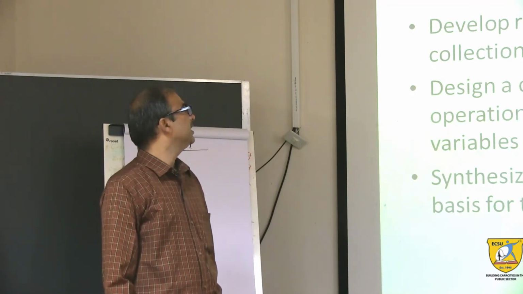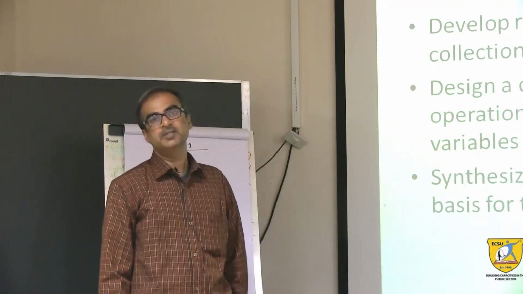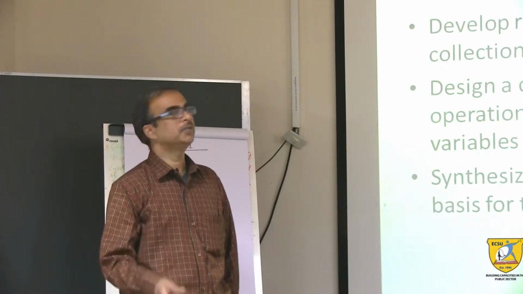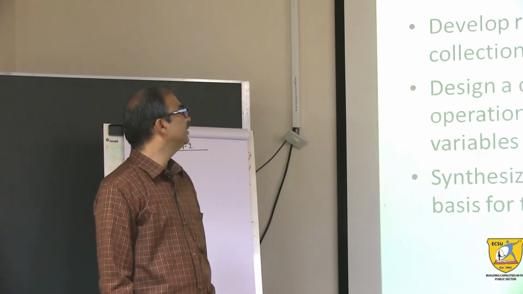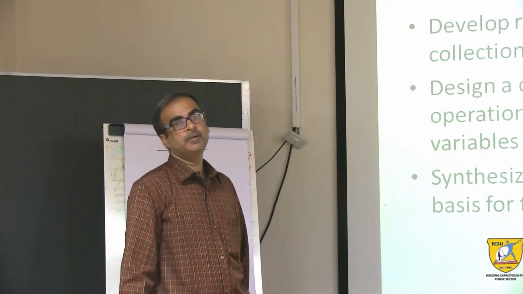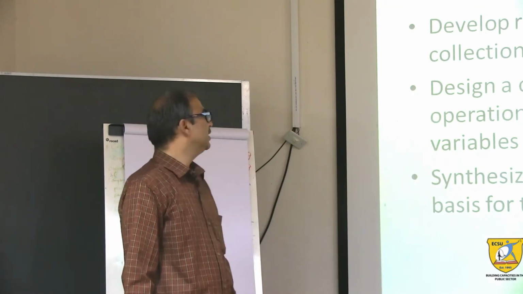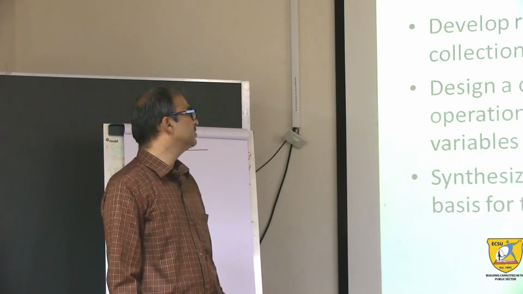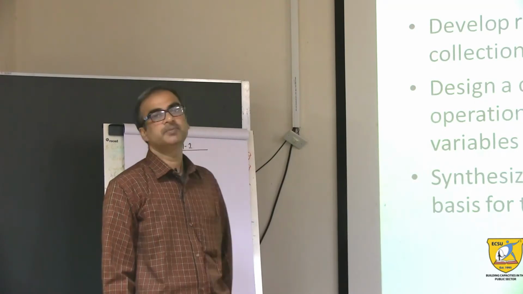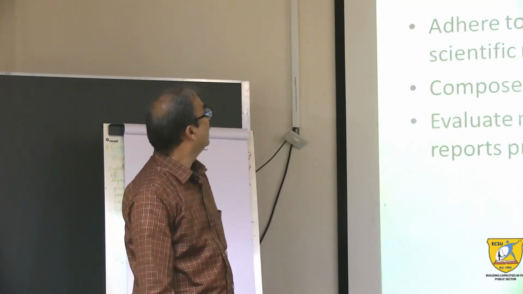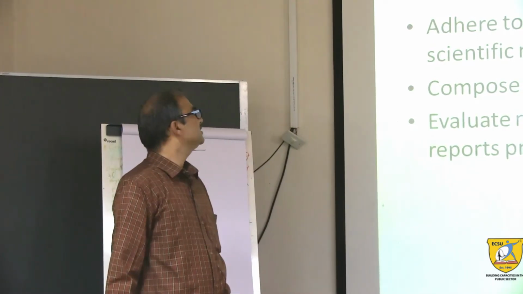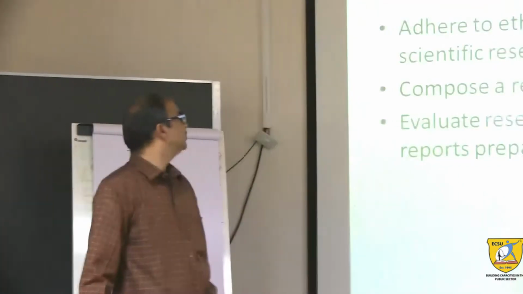Develop research proposals and data collection instruments. The students will get the knowledge how to make the research proposal, how to do the data collection, and how to make the research design. They will also get the knowledge about identifying the variables of the research and how to make the research design after this course, and they will synthesize relevant theories that serve as a basis for the research, and adhere to ethical principles while conducting scientific research individually or as a group.